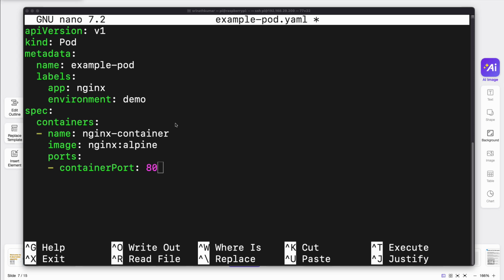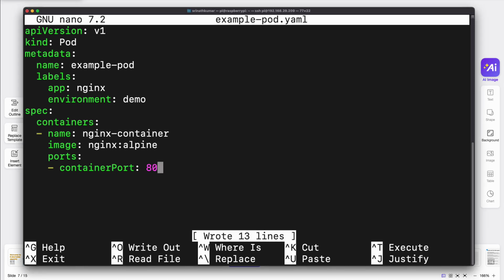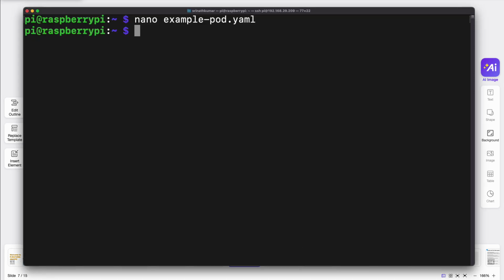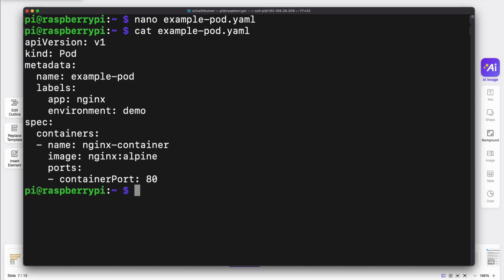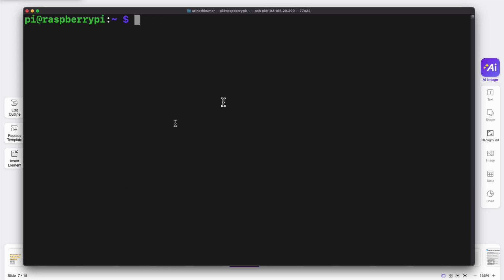So I'm going to write this with Control O, and I'm going to exit now, Control X. Let me verify the file. Yeah, there it is. So now that we have the deployment file, as we call this,